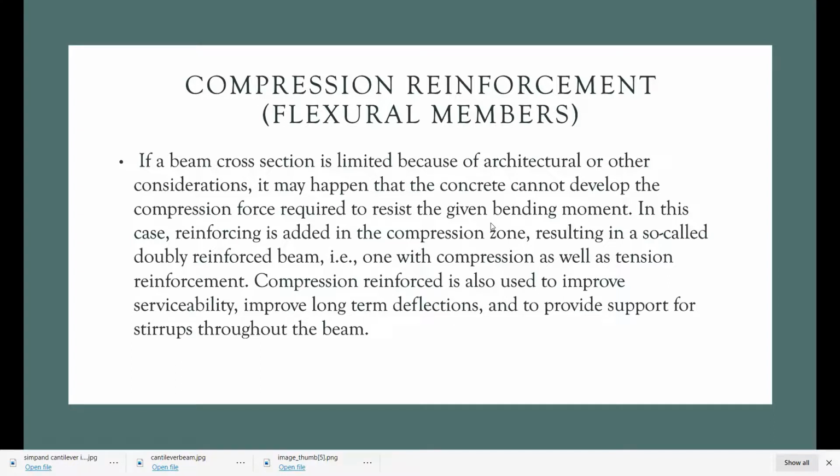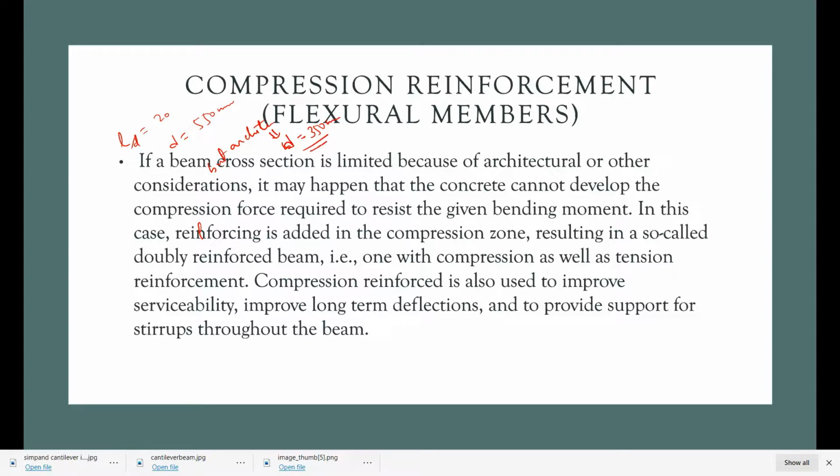So when we design a beam, we might require the L by D ratio to be, suppose, 20, and there D is approximately 550 mm, but the architect has told us to give the depth only as 350 mm.